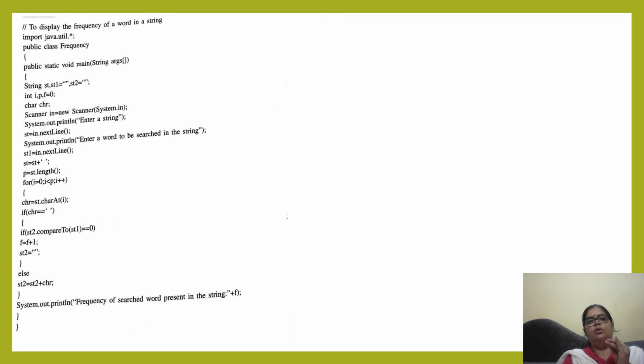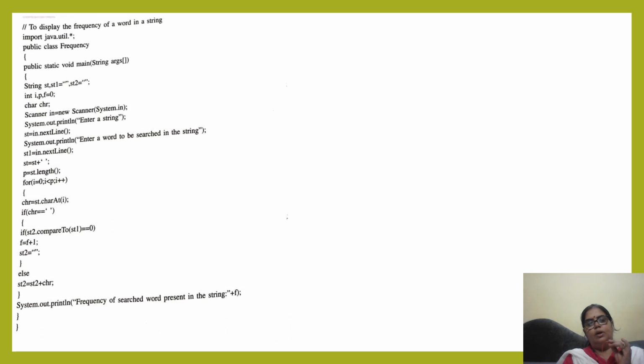So here also we have taken two empty strings. Okay, see all the data types here. With the help of a Scanner we take input. Now the length has been taken out, and here the character has been taken out. Here we will compare our character. First we will input one string, whatever is to be searched.